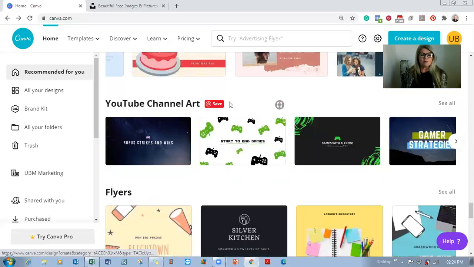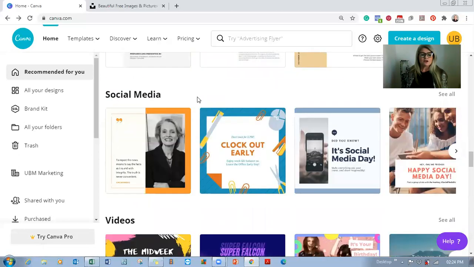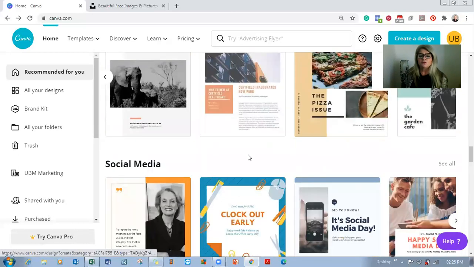So let's go back up here to social media. If we choose social media, it gives us kind of a Facebook size and an Instagram size, and something that will fit on to Twitter as well, and LinkedIn and some of the other platforms. So if we just select see all on social media,